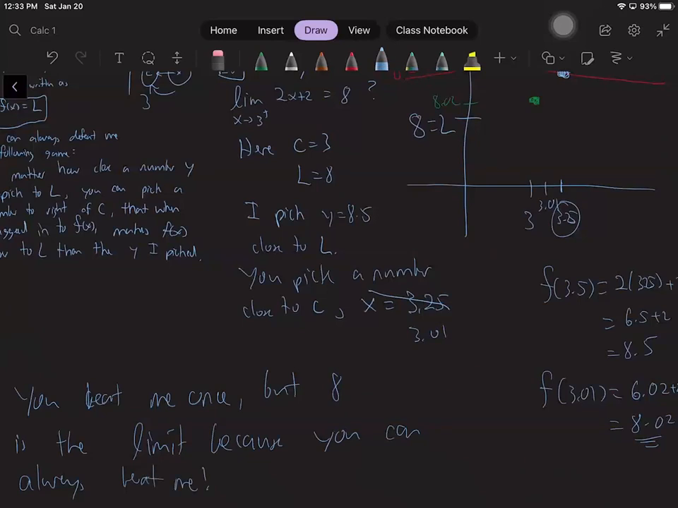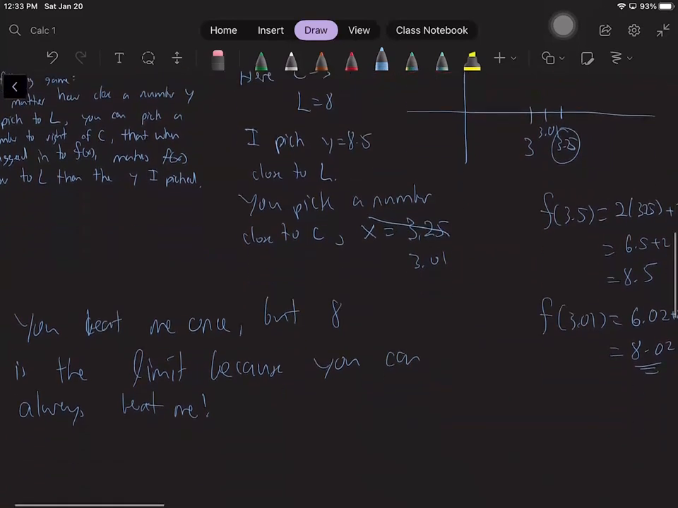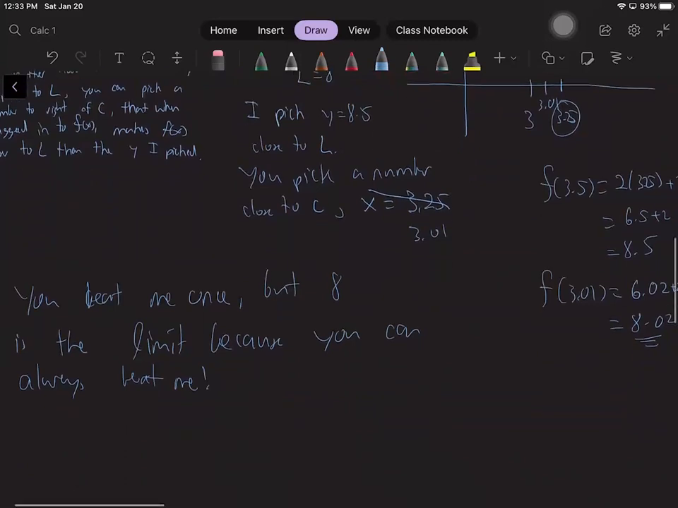And proving it is much harder. So you'll learn that in a much later math class if you decide to be a math major. But for us, this is just going to be good enough. It's because you can always beat me, but you're not going to have to prove that you can always beat me. But for example, if I picked